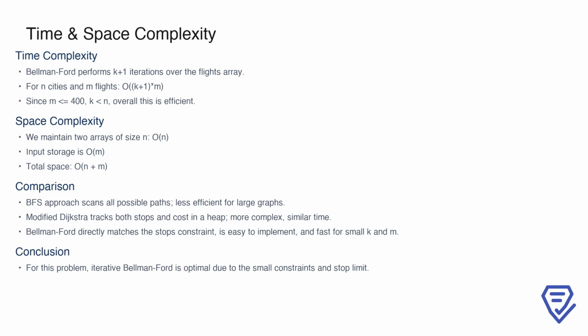Let's analyze the time and space complexity of our solution for LeetCode problem number 787. With the Bellman-Ford approach, we perform k+1 rounds, iterating over all flights each time, so the time complexity is O((k+1) times m), where m is the number of flights. With cities up to 100 and flights up to 400, this remains efficient. Our space usage is proportional to the number of cities and flights, or O(n plus m), since we track